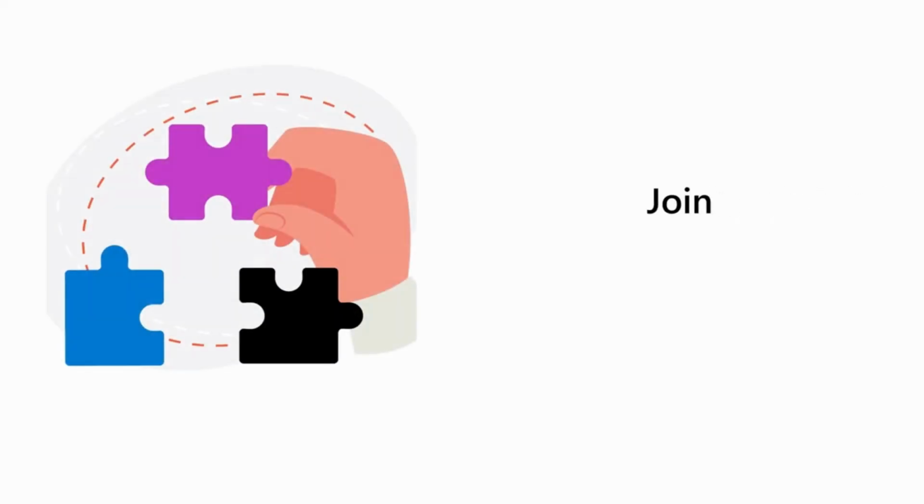Combining or joining data from different sources is like putting puzzle pieces together to form a big picture. The big picture can help you discover details you could have missed when examining the individual pieces. In this video, you will discover what a join is and explore the purpose of joining data and its importance